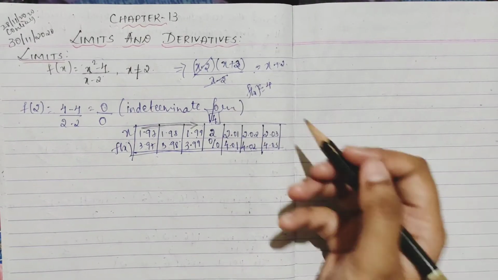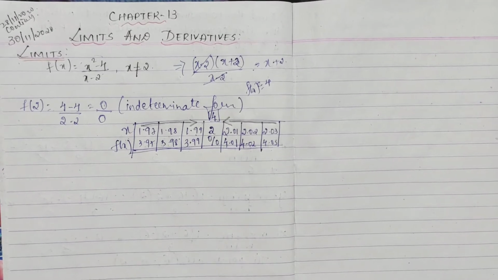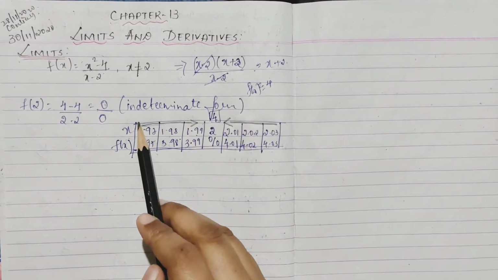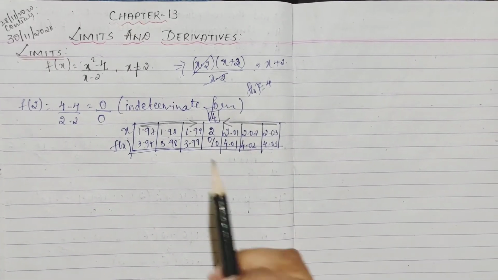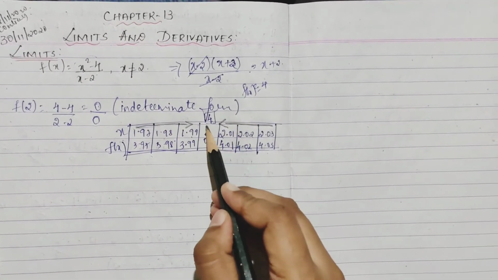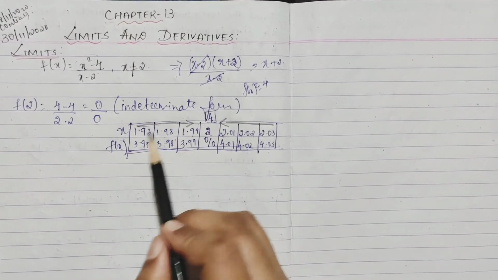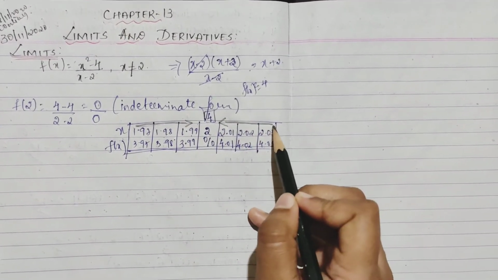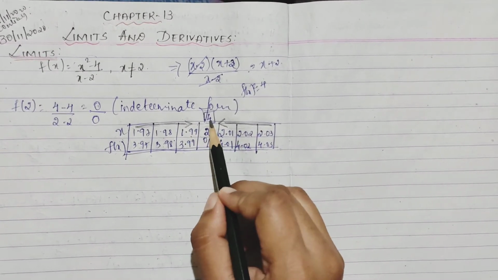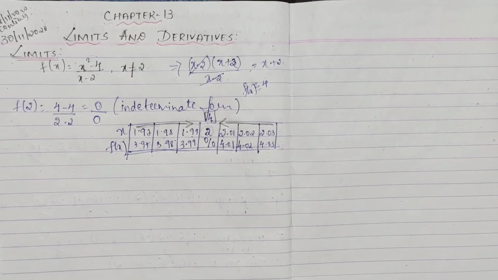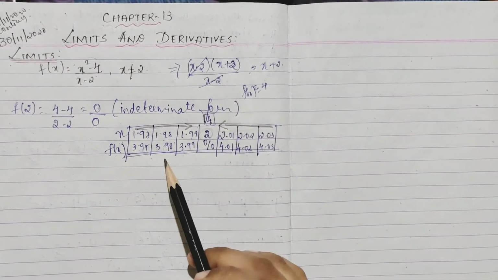Add 2, right? And the same when you are approaching from the right hand side, say you are getting 4. So you can see when x is approaching from your left hand side, when we were approaching the x value towards 2, f of x was approaching what? 4 from your left hand side. The same way, when we are approaching x from the right hand side to 2, f of x was approaching what? 4, right?